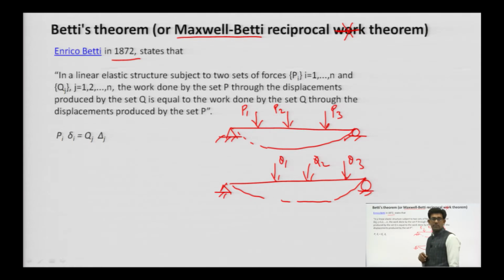According to Betti's theorem, he proposed that the displacement measured at the point